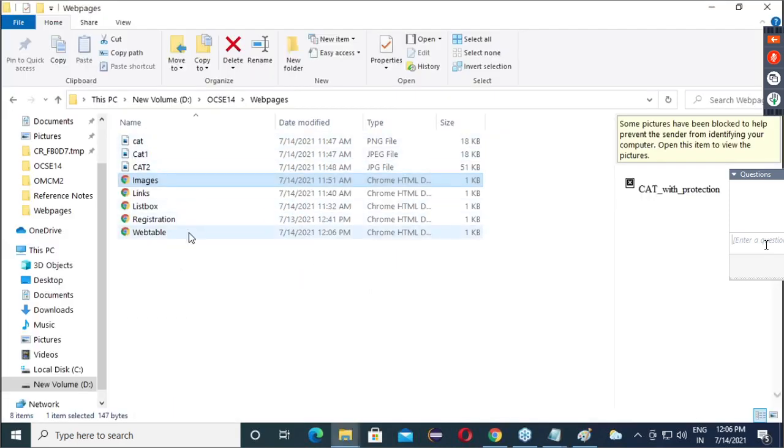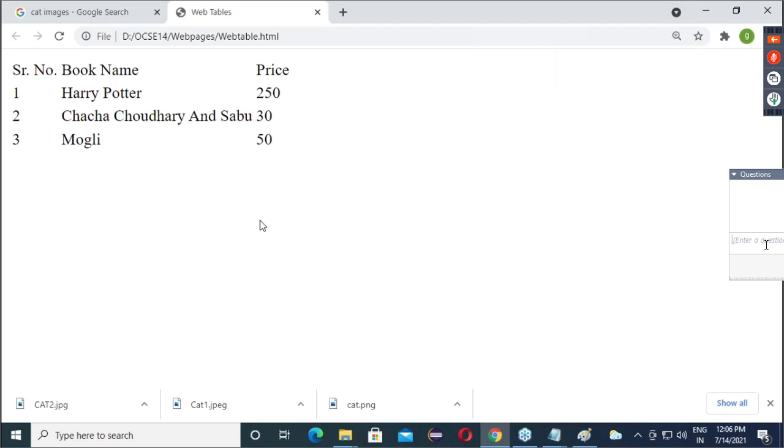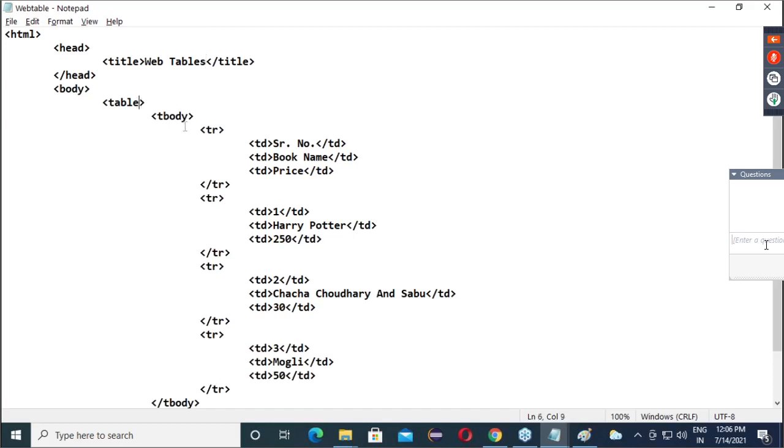Now observe here. It is a table, but it doesn't look like it has a border, correct? But it looks like a table format only. Now, if we want a border, here you have to give, save this.